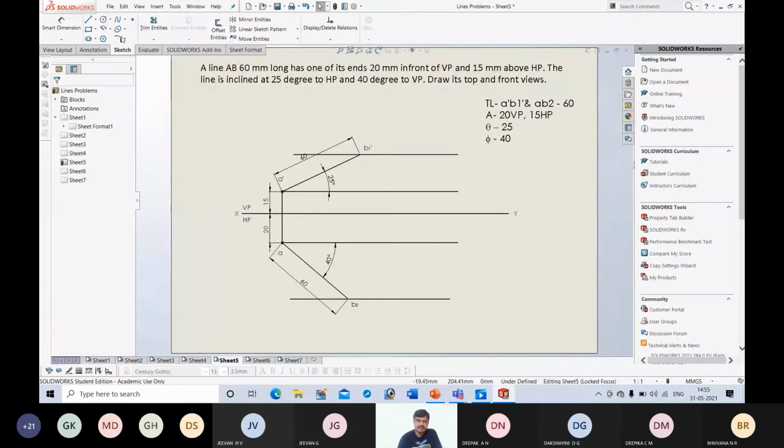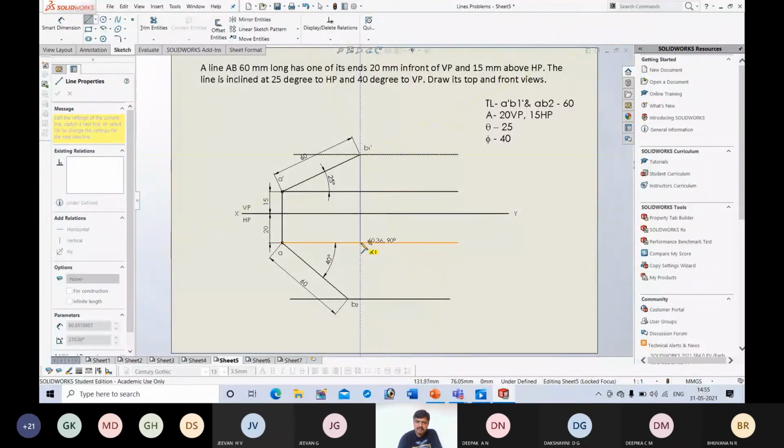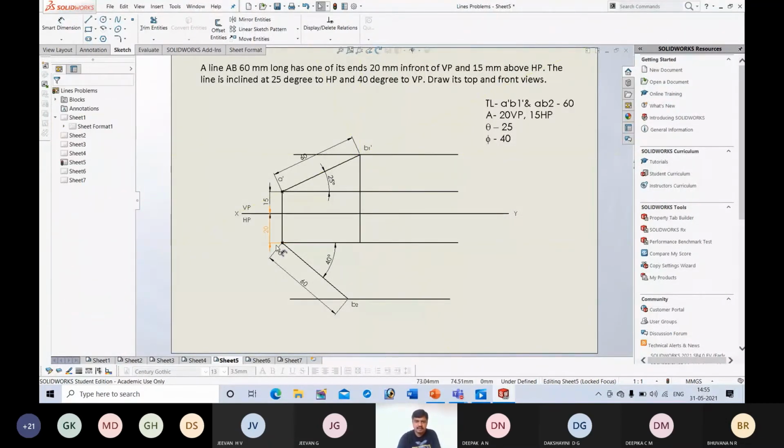Next, I should get the top and front views. For that the procedure is, we know that we are able to get the true length of the line by rotating the view, making it parallel and projecting it. Similarly, here I know the true length. Now I should get the view. For that the procedure is, from the true length line, from another end, that is from B, first drop a vertical till the locus of A. So you are starting from B, draw this vertical line till the locus of A.